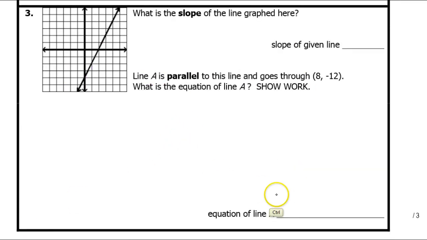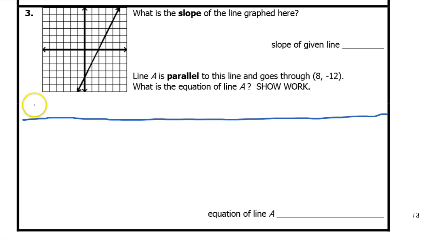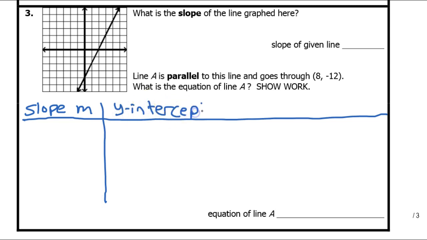For problem number 3, ultimately I need the equation of line A that is parallel to the line shown and goes through this point, 8, negative 12. Because I am finding the equation of this line, I'm going to make one of my famous charts that I always make, where first I start by finding the slope m, and then I find the y-intercept b, and then I write the equation